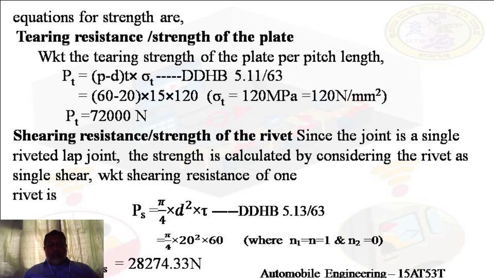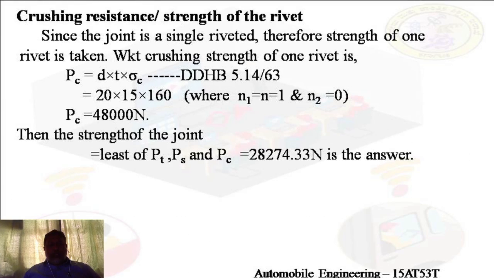That is pi by 4 into 20 square into 60. 60 is the shearing stress, and 20 is the diameter of the riveted hole. Then the answer we got is PS is 28,274.33 newtons. So the next step is to find the value of crushing strength or crushing resistance of the riveted